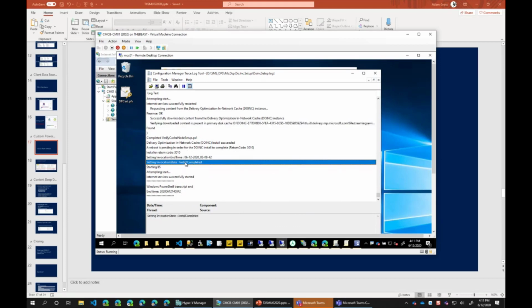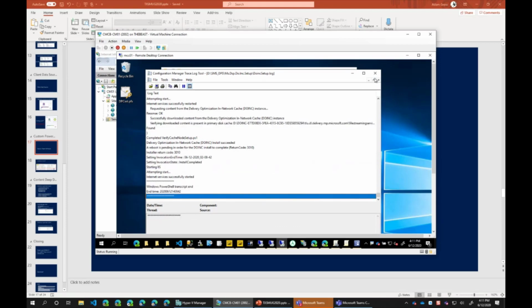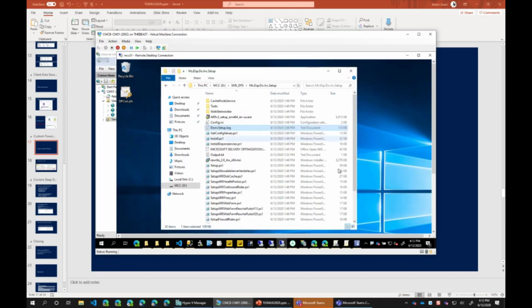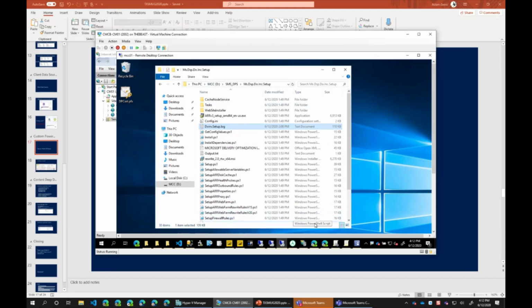So the installation completed, the transcript stopped, and so I think we have a valid working Delivery Optimization server at this point, or Microsoft Connected Cache server. So from here,